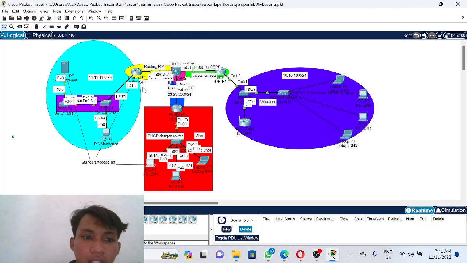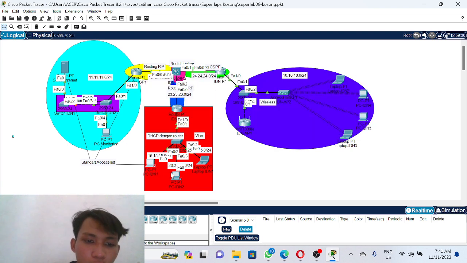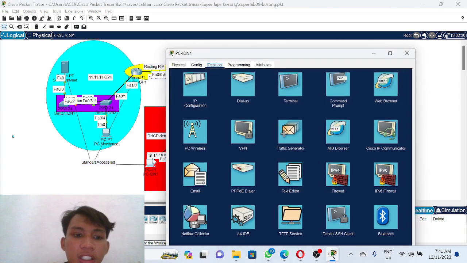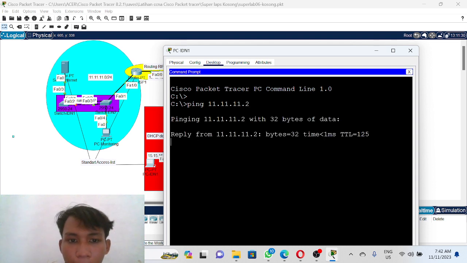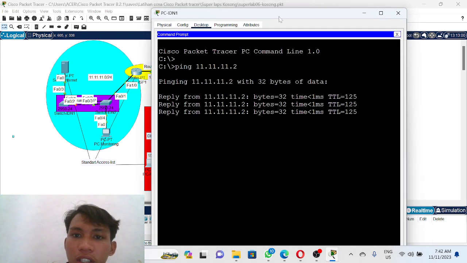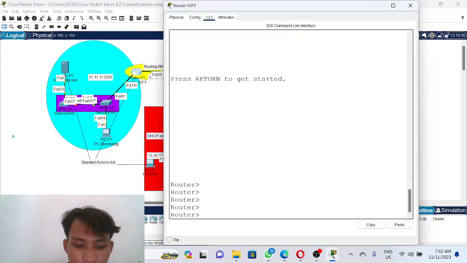If we set the access list, it will not be able to ping. We ping from the command prompt first, before we set the access list. The IP of the server is 11.11.11.2. This is a reply, success. Okay, and we will set the access list.